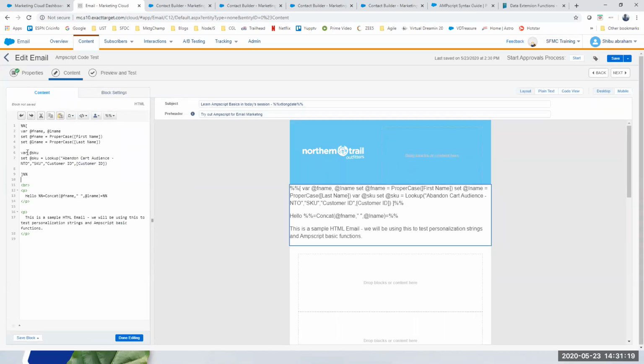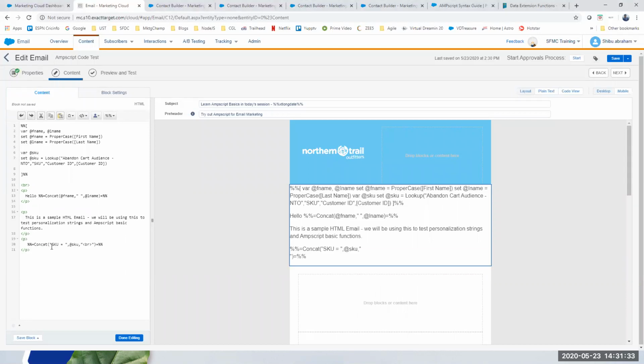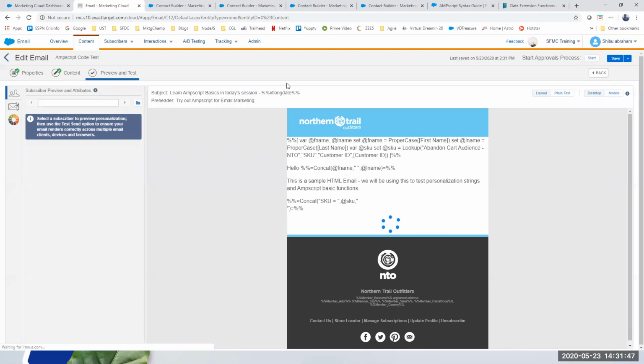Just by putting this doesn't mean that I can see the SKU value. I have only written the logic that sets it into this variable. Now I need to output it somewhere so I can review that data, right? So I'll write a small code here for that. I've written an inline output showing SKU, because it is already being set in the block. I'll try to see if I can see the value here. Now let's move to the preview.